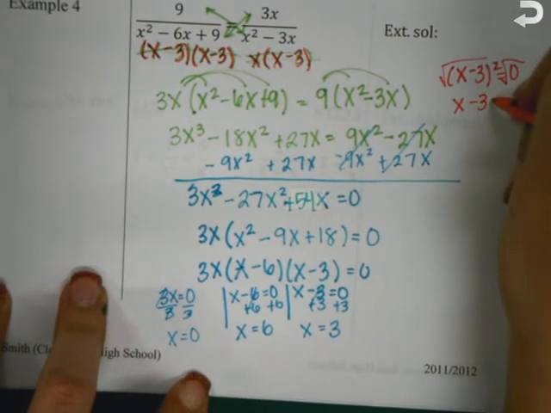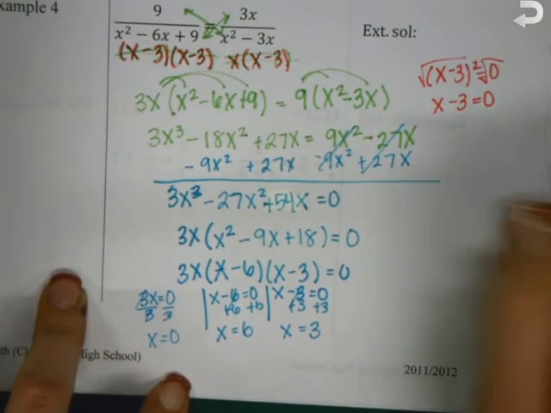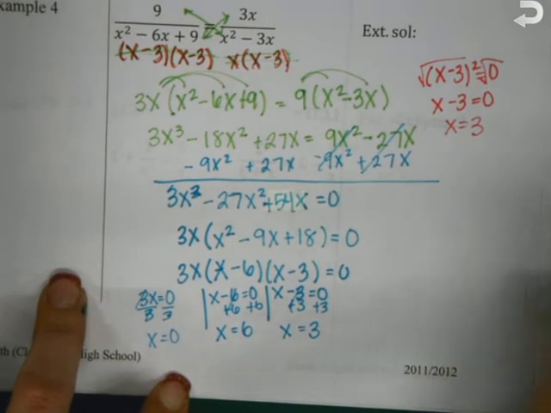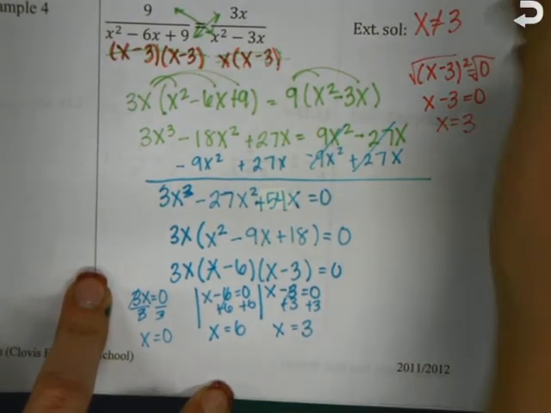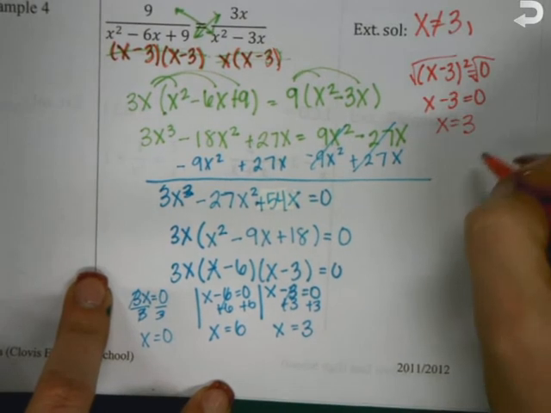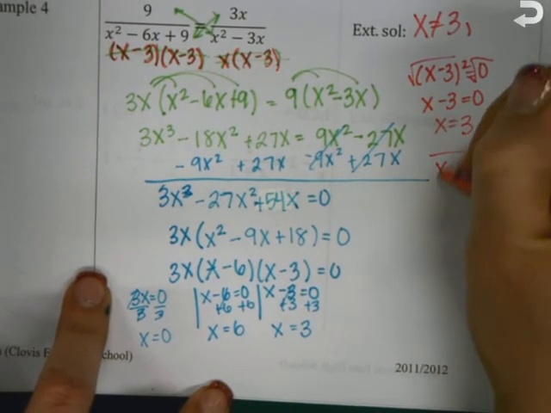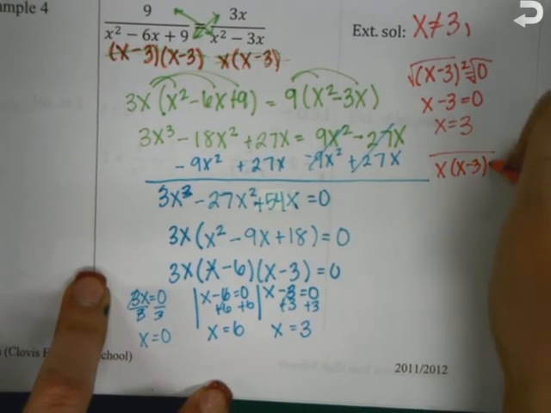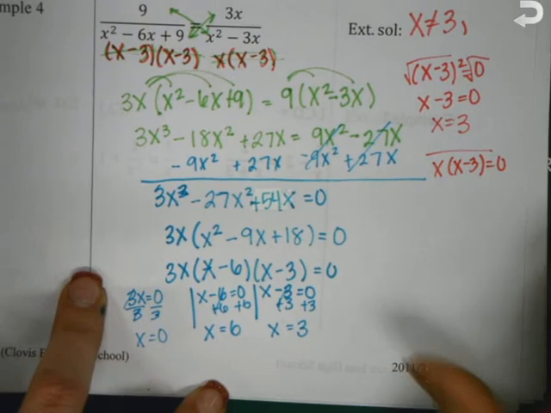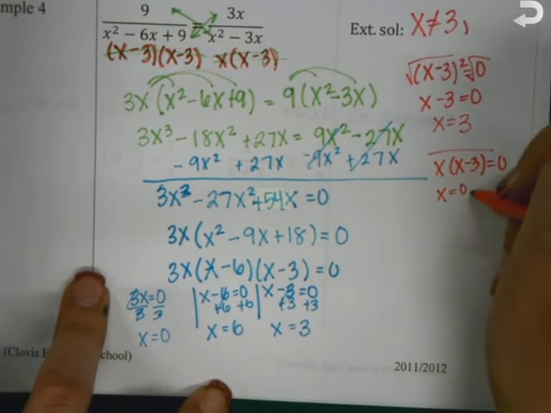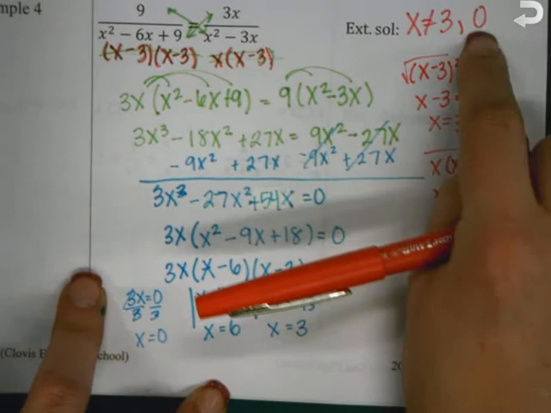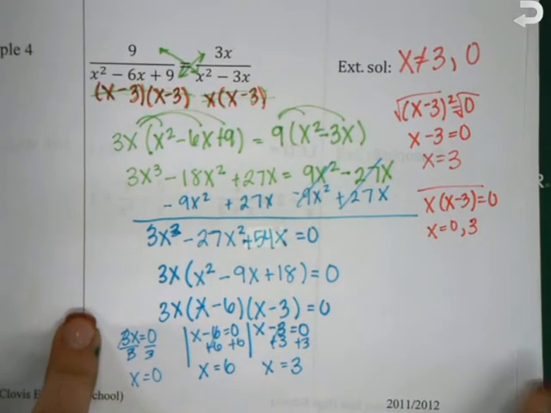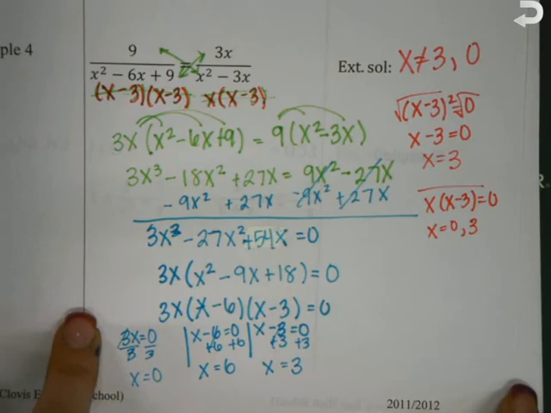And if I have x times x minus 3 equal to 0, I would get x equals 0 and x equals 3, right? So x can also not equal 0. Okay. Now those are two of our answers that we got when we solved the problem. So all we do is we don't include those. So we only have one answer for this problem, x equals